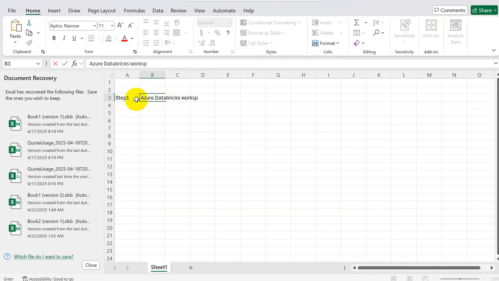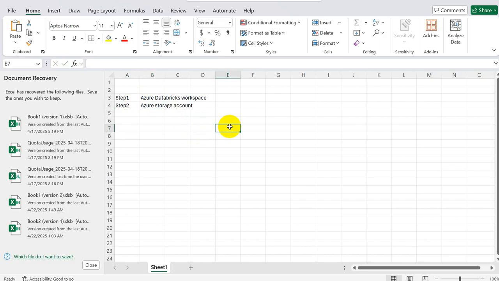Workspace, correct? And in step two, what you did, you created an Azure storage account. Why did you create the storage account? Because you need to load the data from your Azure data storage account, right? So in this Azure storage account, you have created ADLS Gen2